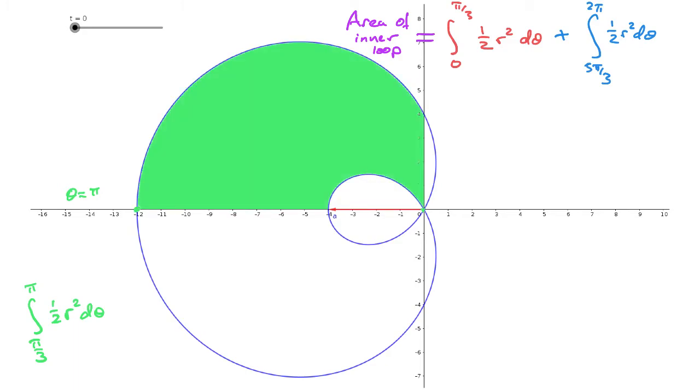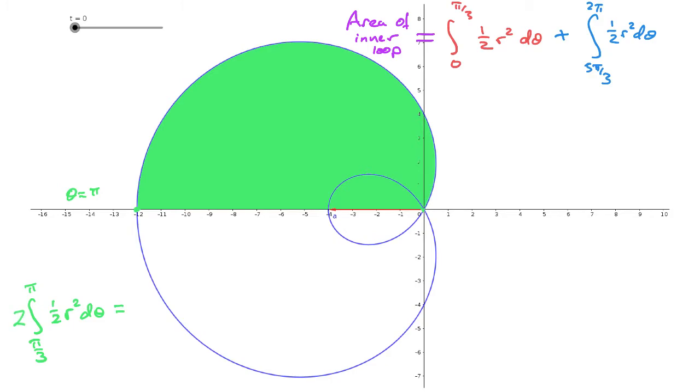So we'll have this area, but then also from 0 out to the point on the curve, we also capture that inner part of the loop, and we get our area over there in that region. And so our integral from pi over 3 up to pi of 1/2 r squared is going to capture our entire area here. So by symmetry, if we multiply that by 2,